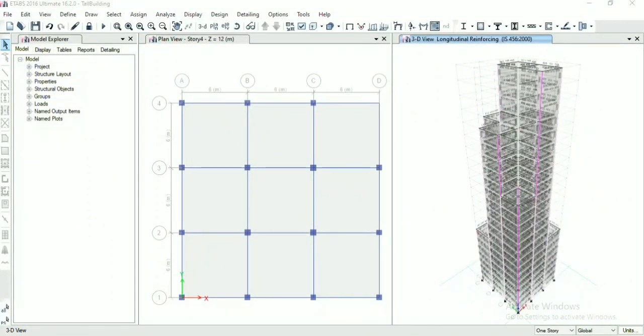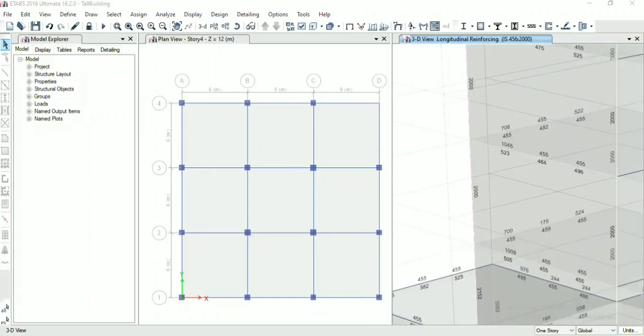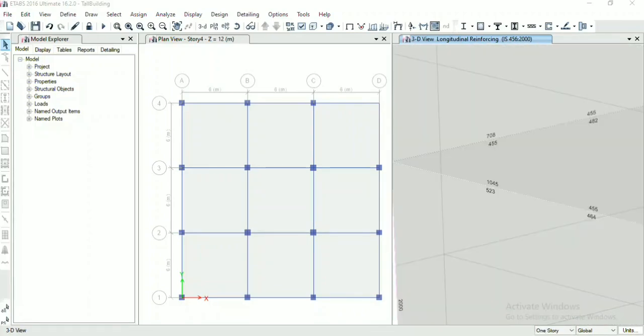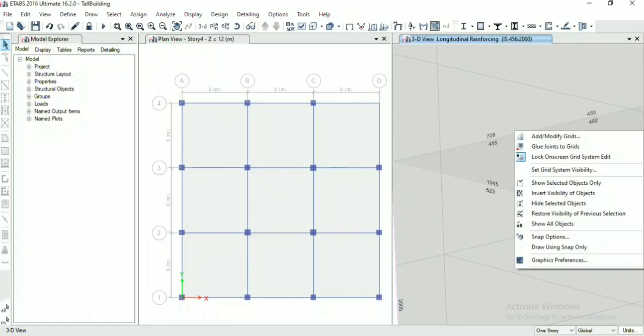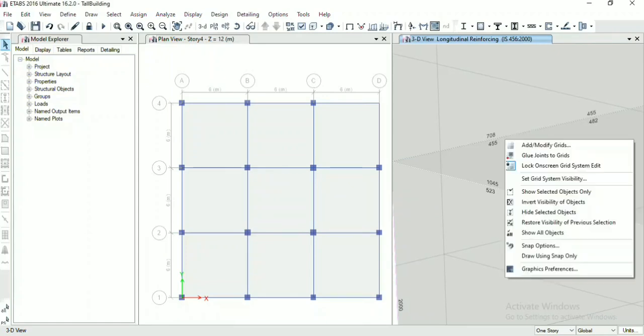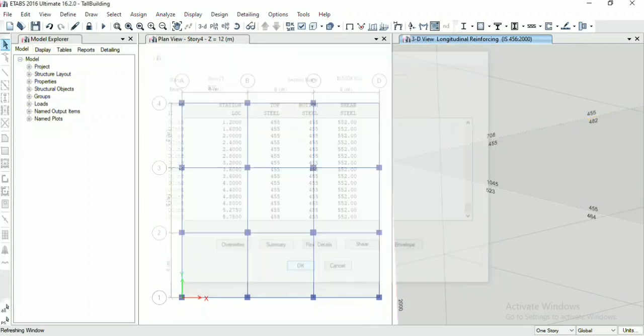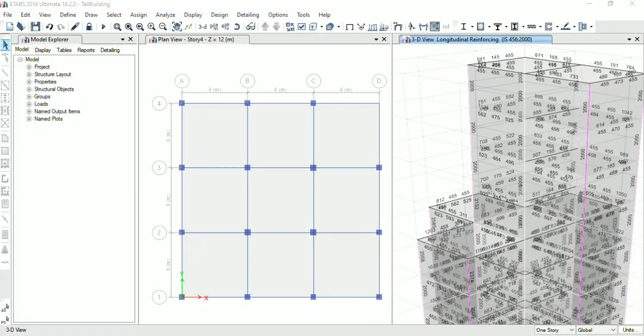We can zoom in the 3D model to check the reinforcement details of each member. Also we can do the right click to see any design information. Now go to detailing and start detailing.